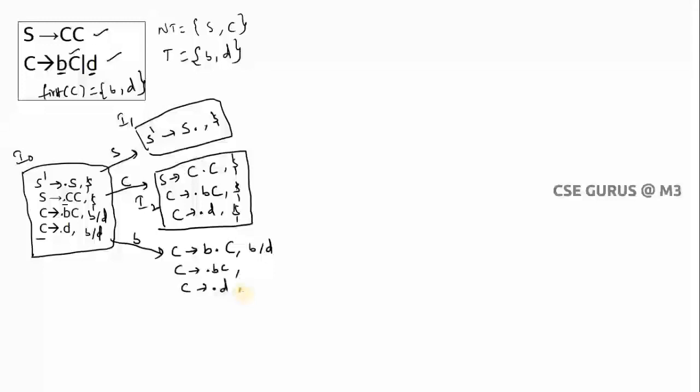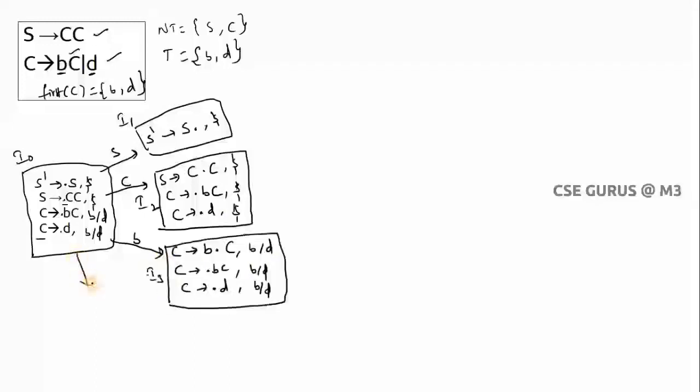So now we need to generate the lookaheads. Check it out, what is there? C. So where is there any dot C production? Yes. What is there after dot C? No symbol. So whatever lookahead is there, the same I need to copy here. So here you will get the same. So you have to understand in these two why I got dollar, and here why I got B by D. This is most important. So like this you need to do.